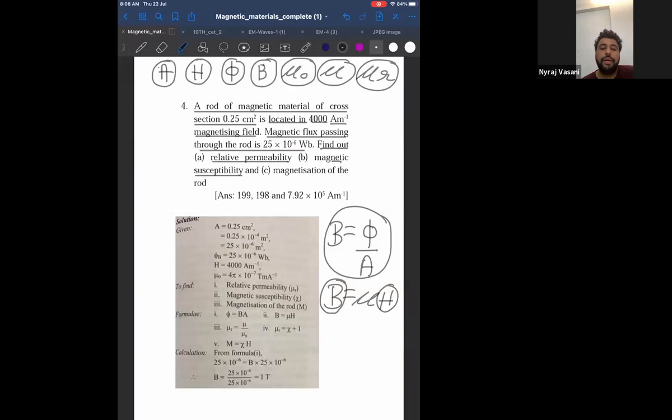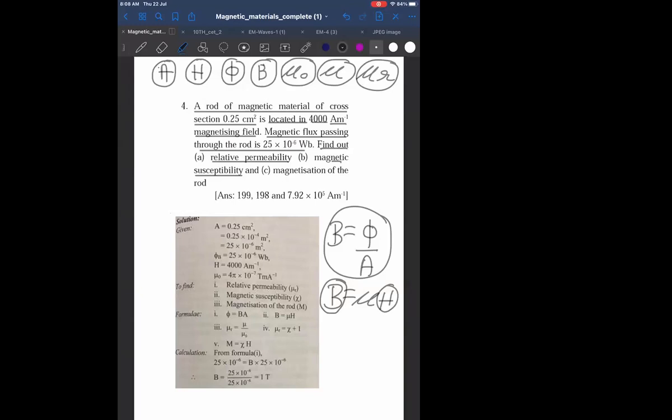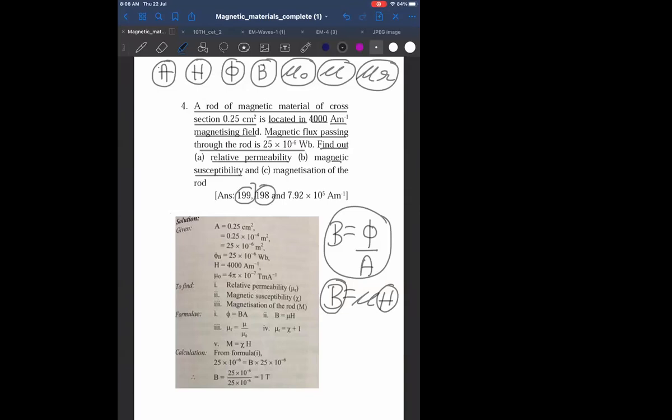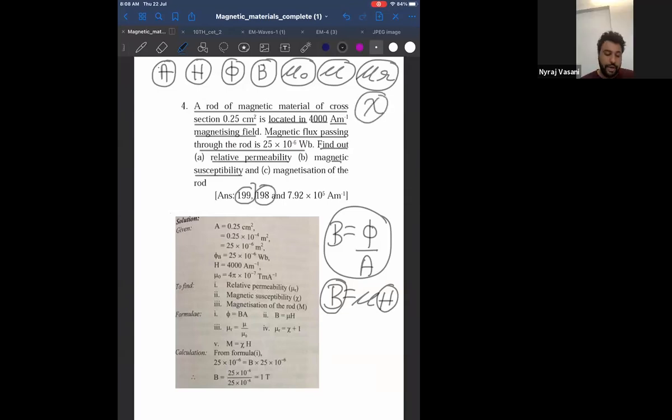What is the formula for relative permeability? Relative permeability is 1 plus xi. Therefore, if you look at the answer, every time listen to me. This is the answer for relative permeability. Exactly minus 1 will be the answer for susceptibility. Check. So can I say now I know susceptibility also? Now look at the top. So many things I know. With so many things I can practically find out anything else. I can easily find out because so many things I already know now.